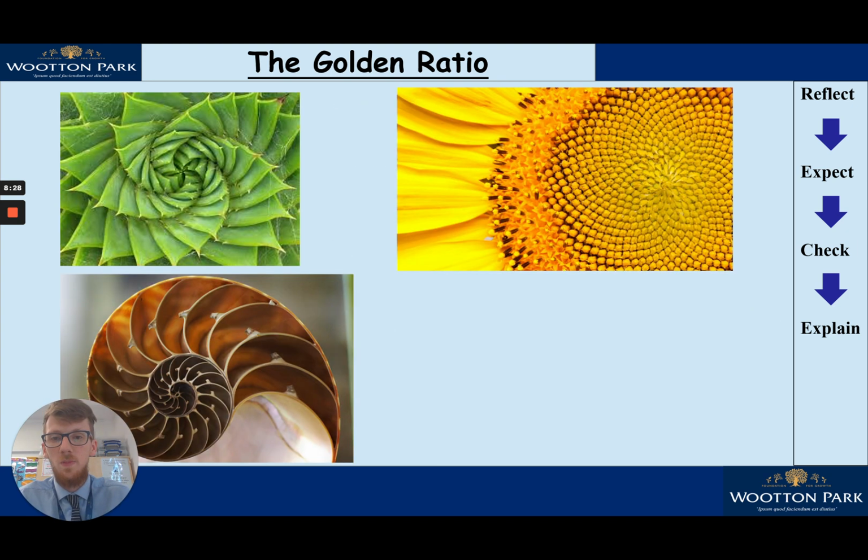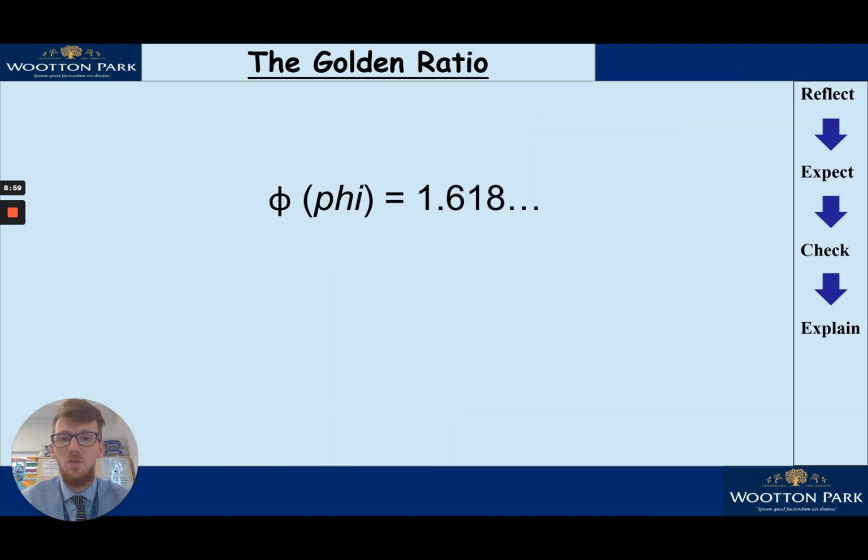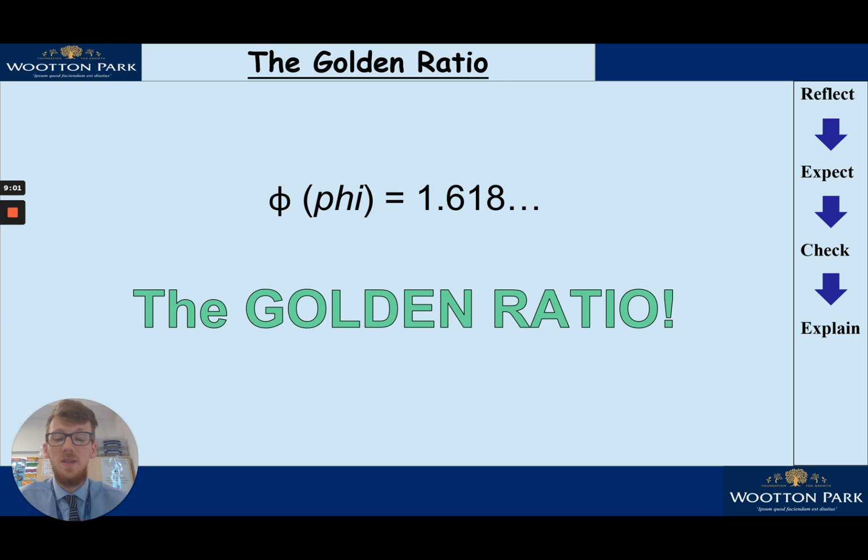So when we see this spiral in nature, everything we see in nature with these pictures, we say is in the golden ratio, because we could take this part of the eye of the hurricane and times it by 1.6, and we would get the length of this part of the eye of the hurricane. Okay, and we could do that with any consecutive part. Same with here, the distance between this part of the shell and the distance between this part of the shell is in that ratio 1.618. Okay, it's in that golden ratio, and it looks really aesthetically pleasing when we see things in that golden ratio,